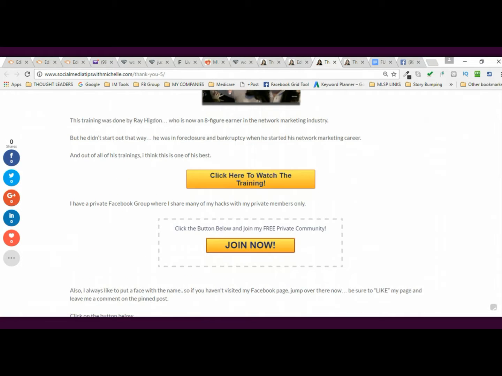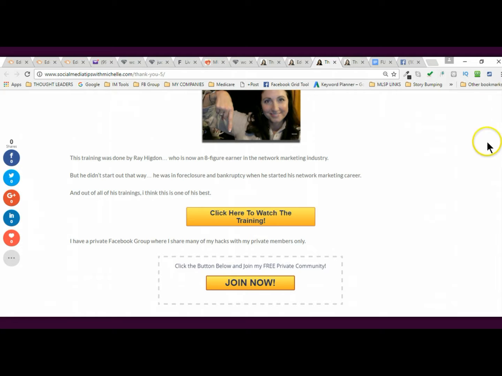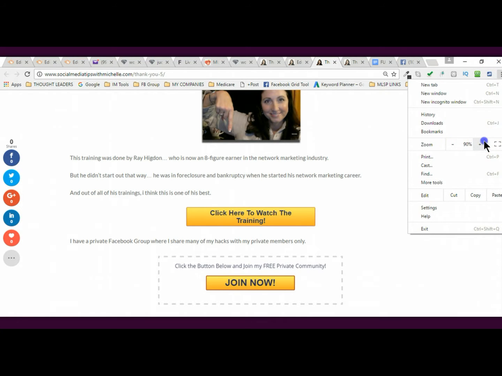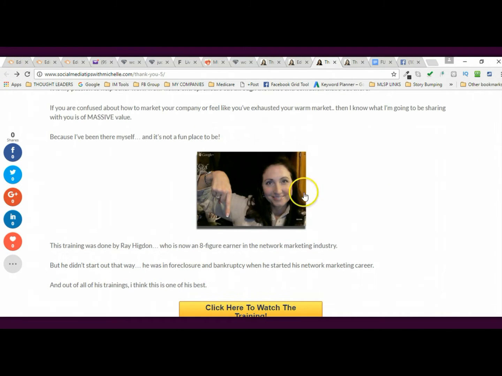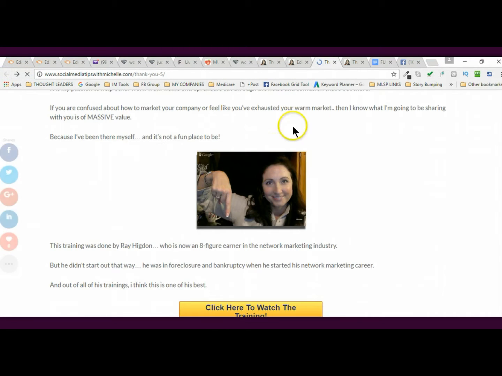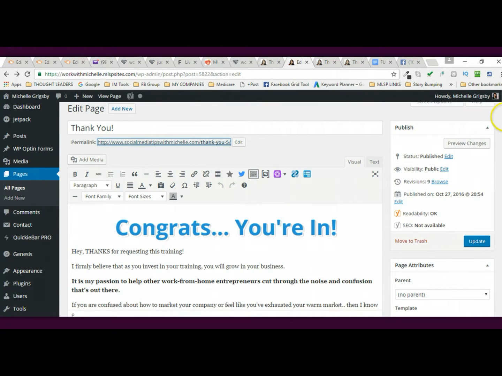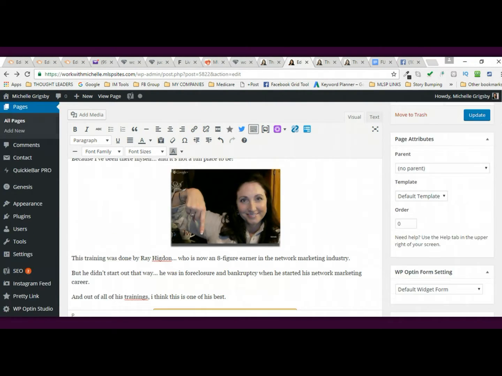Now, if you don't like the font, if you don't like the size of the text, make sure you're looking at 100%. Okay, now I'm at 100. And okay, I accidentally tapped on that. So if I tap on that, it opens that picture. I need to remove that link. Really easy to do. So let me go there real quick, tap on that, and I remove the link. There. Now I'm going to update,